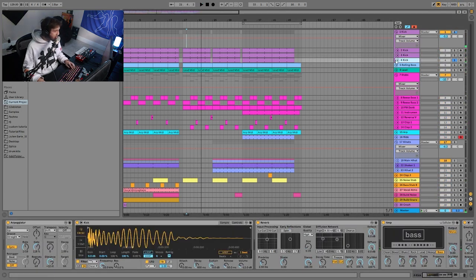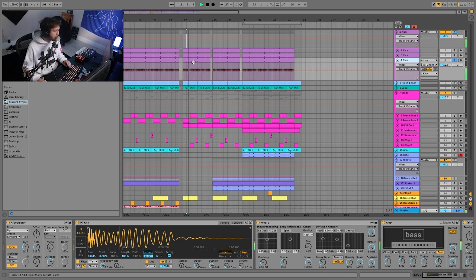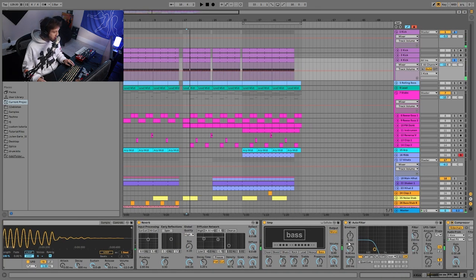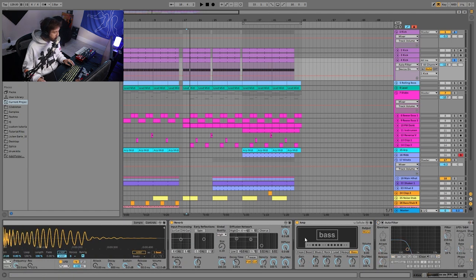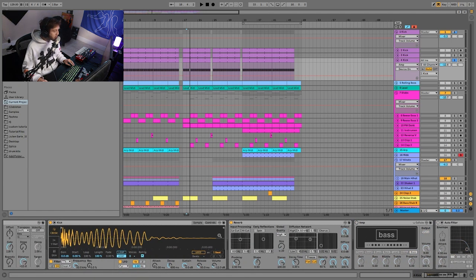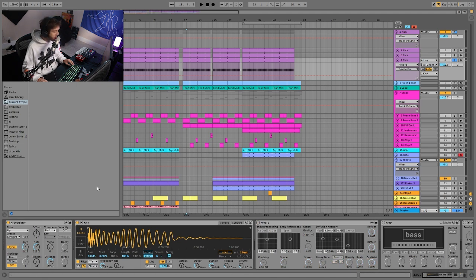Then the last layer in the kick is the rumble. So the way this one is being made is it is the same kick that we've been using for all the kick layers, which is something to keep in mind. Typically if you're working with a kick, you probably just want to choose one kick and use that to create all the layers rather than having 3 different samples here. But yeah, so it's the main kick,